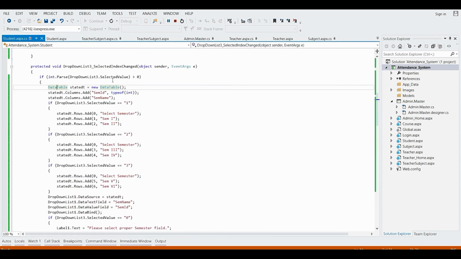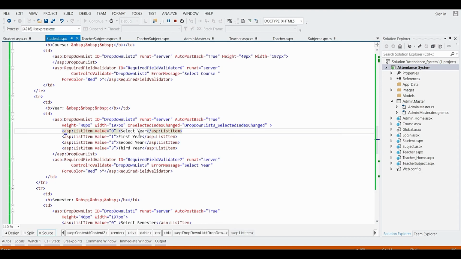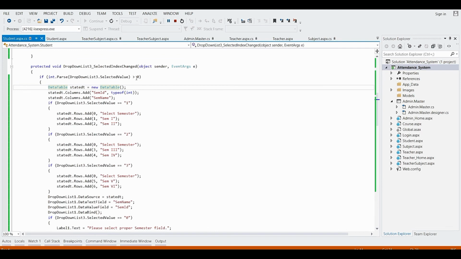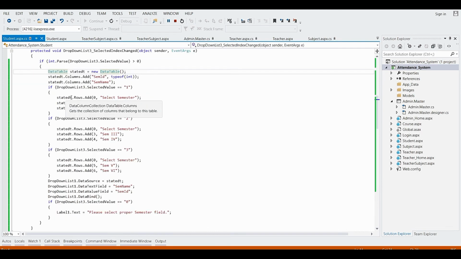It will get the value, convert it into an integer, and check if it is greater than 0. Why? Because at the 0 index is "select year", which is of no use. So we are leaving it and considering from 1 to 3. That's why we have provided the condition that it should be greater than 0. If it is,